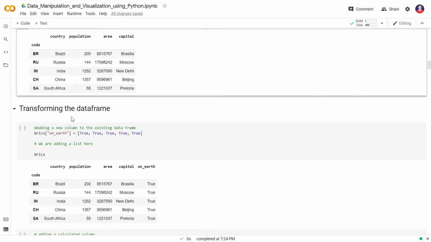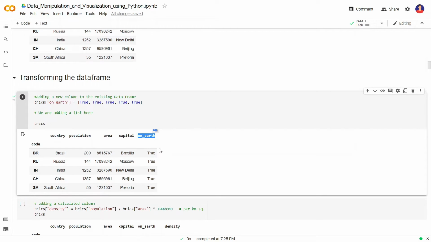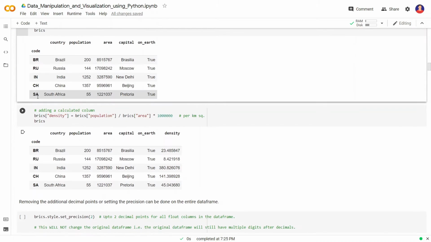So we write the data frame name and the new column name here, and in the form of a list we give the different entries or values for the different countries, that is, different rows. So let's run it, and now we can see there is another column apart from the original columns, the on earth column, that specifies whether the countries are present on earth or not. It's a bit silly, but whatever serves the purpose.